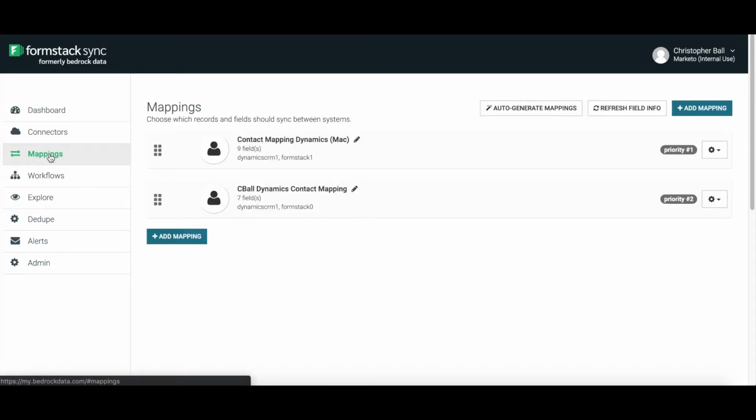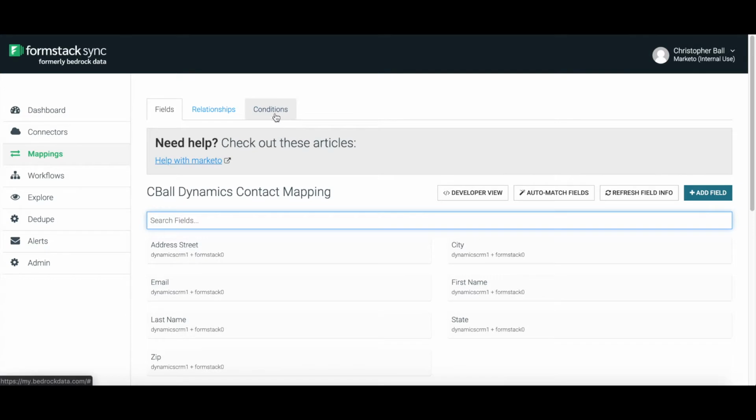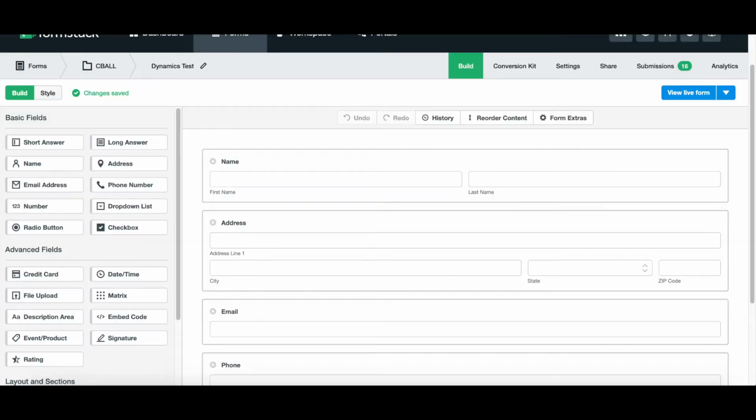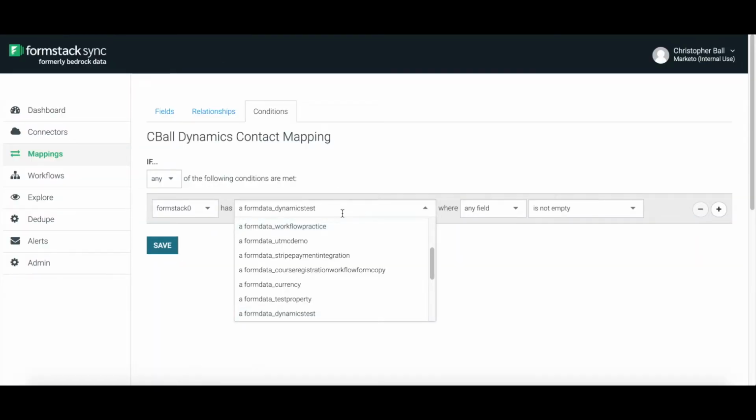So we want to click on mappings here, and I have one that's already set up. So I have a Dynamics contact mapping here, and when I click on it, I need to be able to set a condition. So when I go up here to the top and I click conditions, I'm basically saying that, look, if any of the following conditions are met, so my FormStack account, which I just installed the connector for, has, and this is where remembering what our form name is really important. So when we go back in, I'm going to do a little drop down